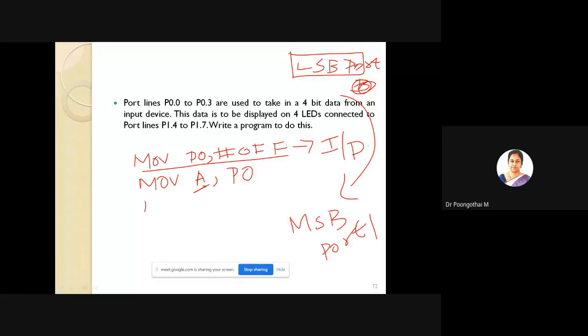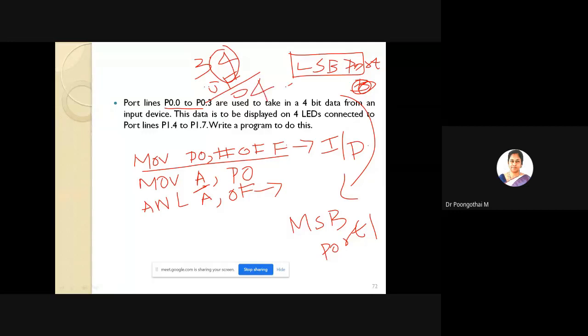For that, use ANL A comma 0F. So this instruction is used to mask your MSB and LSB will be extracted. Suppose if your data was 34, this 4 will be held by P0.0 to 0.3. I am ANDing 34 with 0F. This 4 will be extracted. Now your accumulator holds 04.